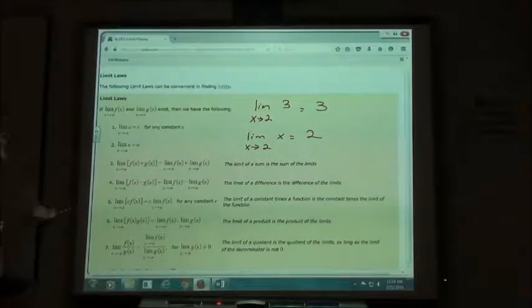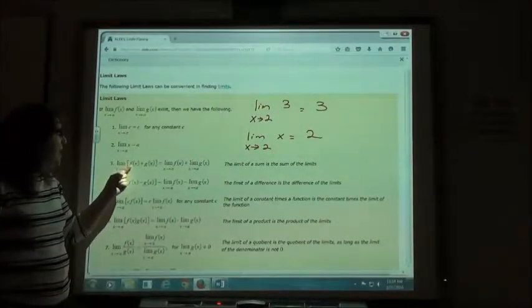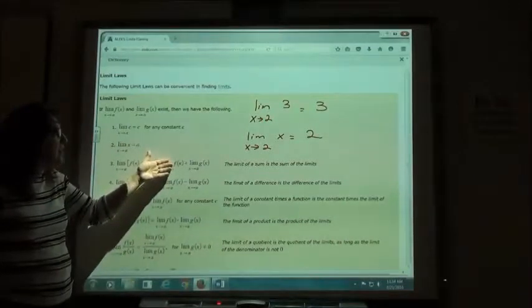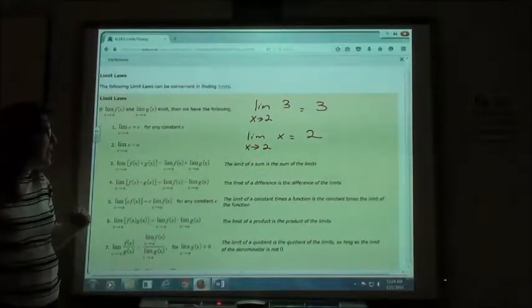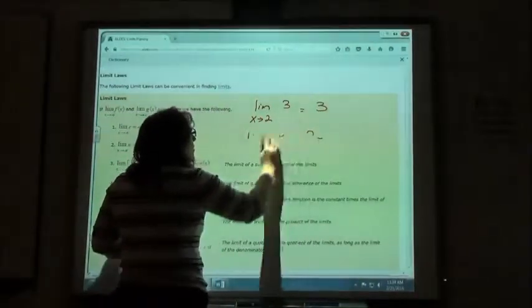All they're doing is saying that if I have a function and I have f of x and g of x, I can find the limit of each part of that separately and then add my answers together. So on the third one there,